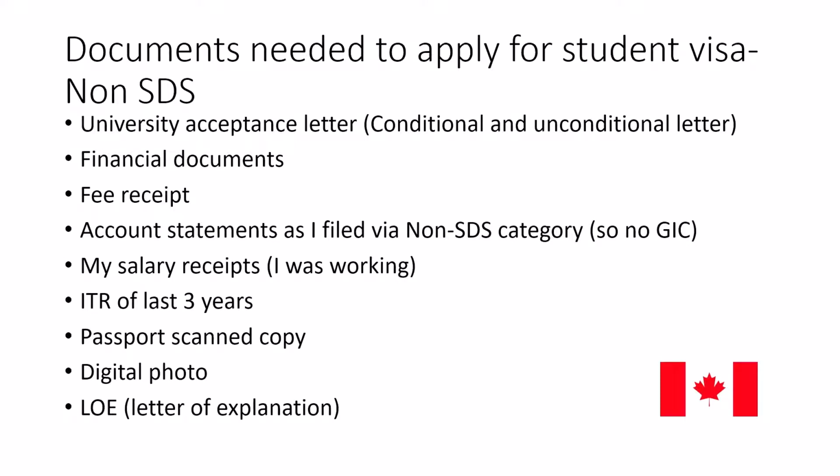Then, in financial documents, you need to show sufficient funds. For showing the funds, you need to upload the fee receipt of your university. If you have deposited your fee, then you have to upload the fee receipt. Then you have to give the account statements. As I did not take GIC because I filed through the non-SDS category, I was not going through SDS, so I uploaded my account statements